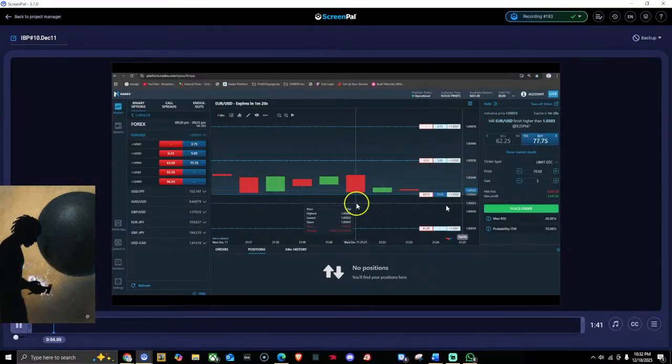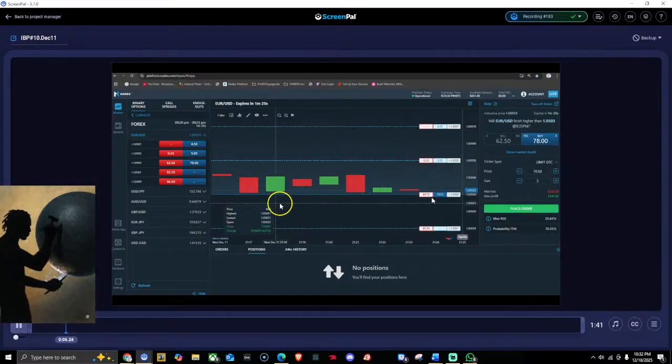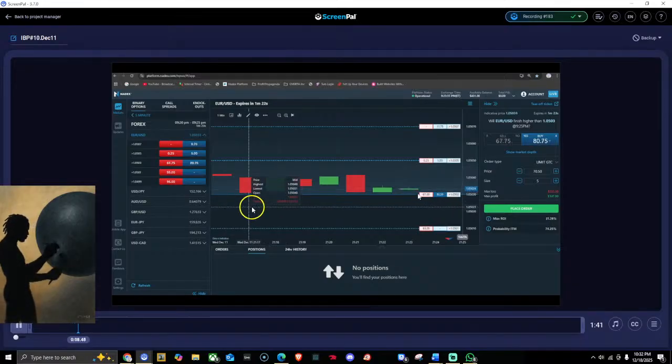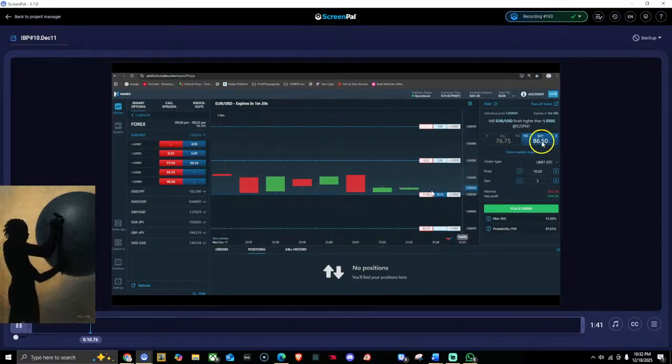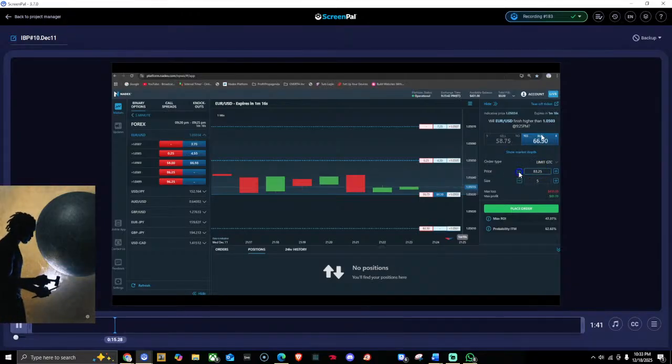All right, so once again, we're looking for the floor. 32 seems to be the floor. 31, 31 is the floor. So all of these candles are inside of the buy position. I'm looking for the market to show me some incremental